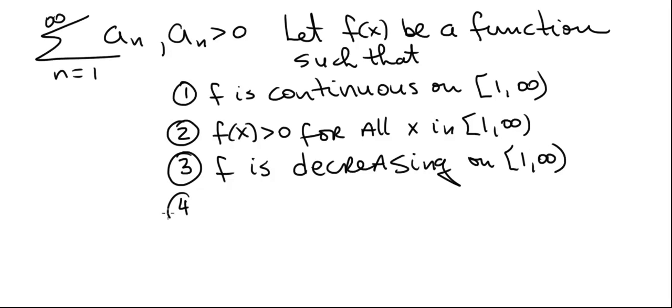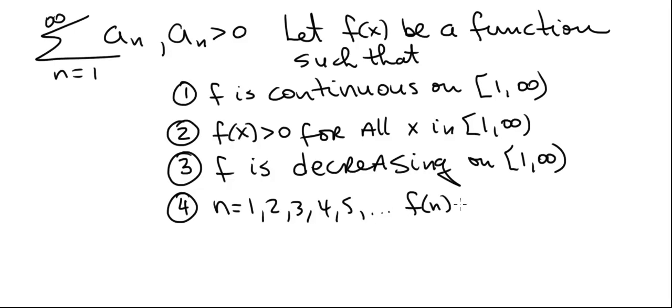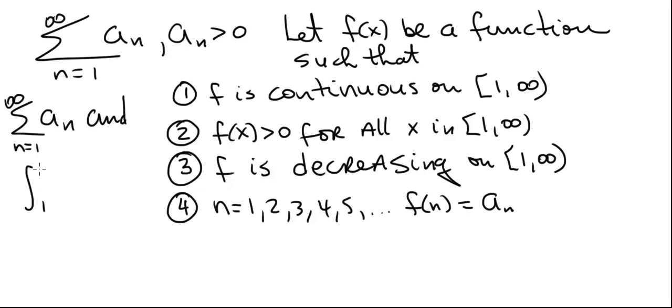And the fourth condition is this: if n is 1, 2, 3, 4, 5, so in other words, if n is any positive integer and we take that n and plug it into the function, it will give us the nth term of our series. If all these 4 conditions are true, then the series n equals 1 to infinity a sub n and the improper integral from 1 to infinity of our function f of x either